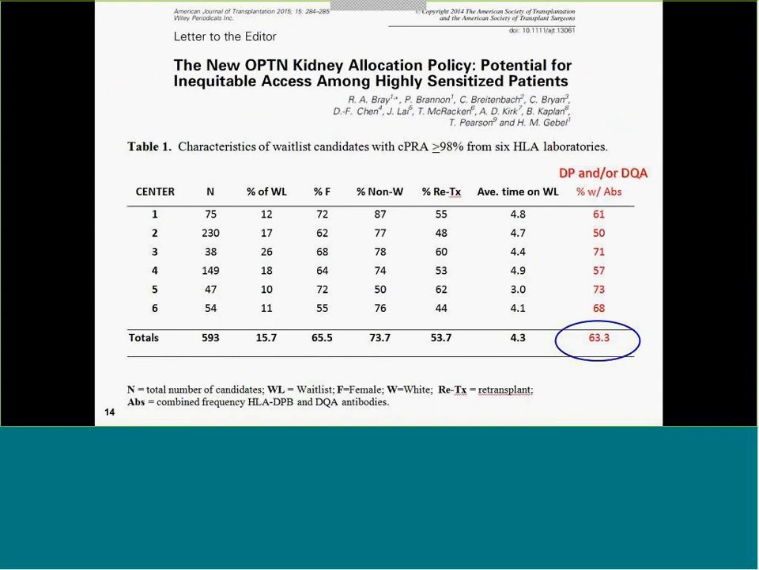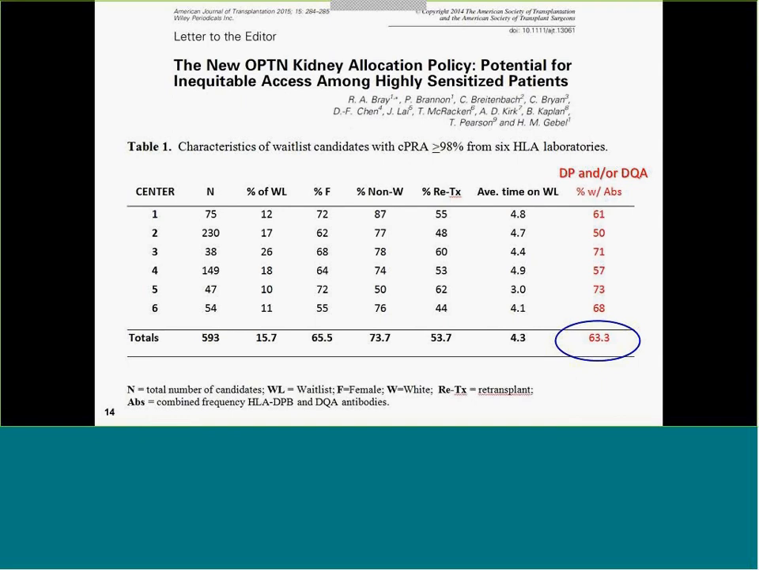Subsequent to that publication, we at Emory, with 5 other centers, looked at a more interesting statistic. We looked at truly highly sensitized patients, people with CPRAs of 98% or higher, and looked at the incidence of DPB or DPA or DQ alpha in this population. Across these centers, our average was greater than 60%. This was done in response to help the UNOS people make a decision to include DQA and DPB in the algorithm for excluding individuals, adding these as unacceptable antibodies to the UNOS drop-down